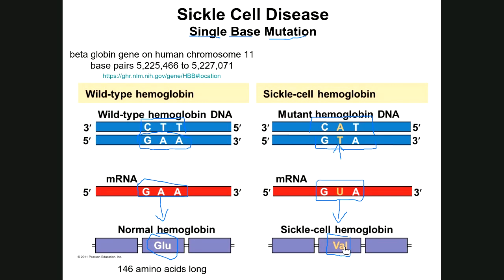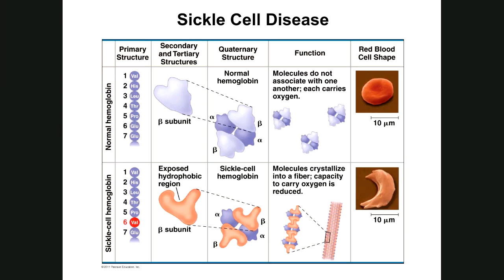This amino acid behaves very differently from glutamate. Its behavior is completely opposite. The simplest way to put it is that it's hydrophobic. So what's the big deal with that? Well, this beta globin gene codes for the beta subunit, which is one of 4 subunits that forms your hemoglobin. If you recall, I said hemoglobin is made up of 2 beta subunits and 2 alpha subunits forming a quaternary structure. The problem is, you can see here, when the polypeptide is being synthesized in the red blood cell, which is the only one that can express these genes, the beta and alpha globin genes,